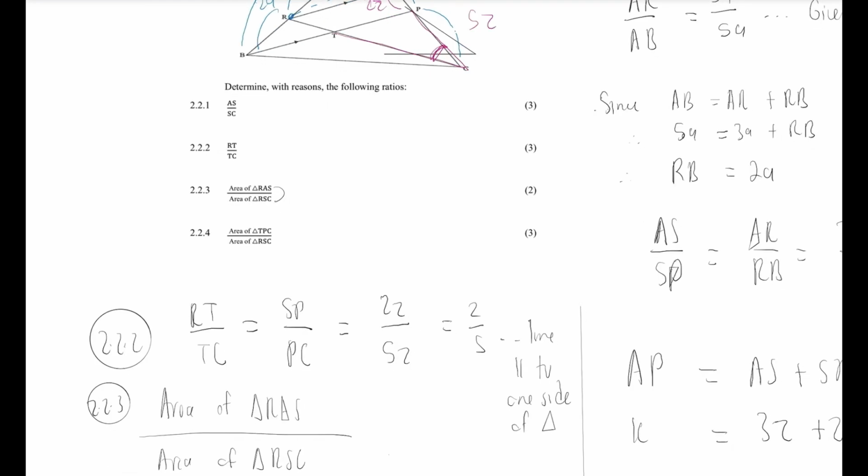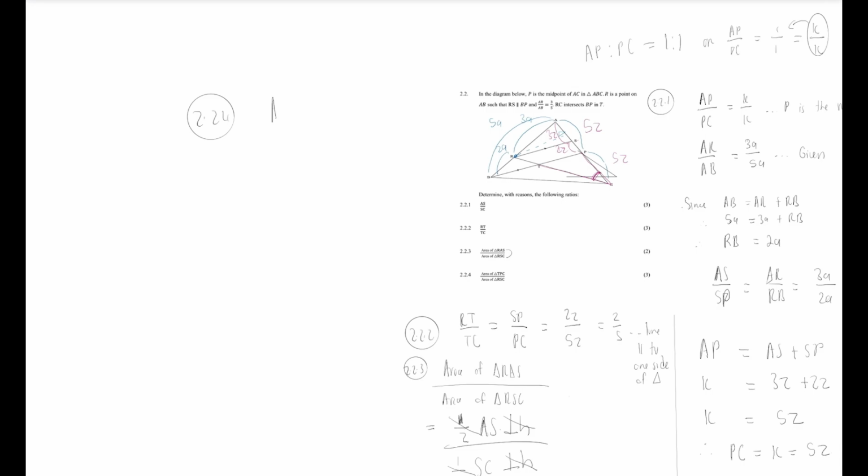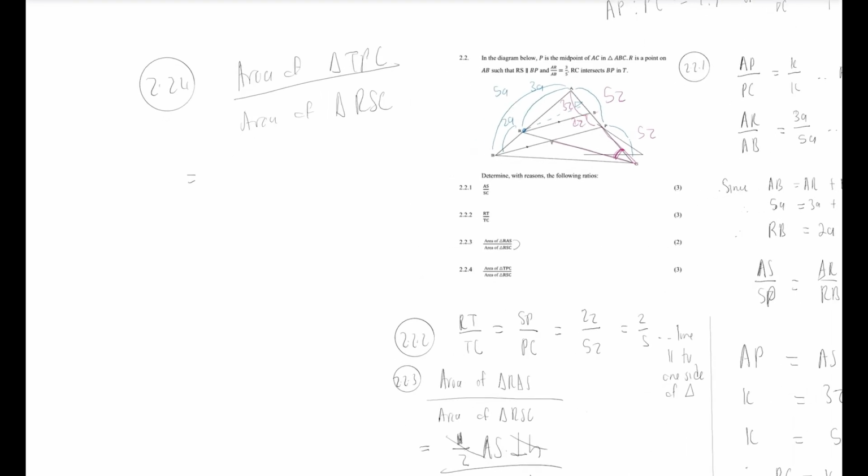Let me just write on the side like this. So I'm going to say my area of triangle TPC over area of triangle RSC is going to be equals